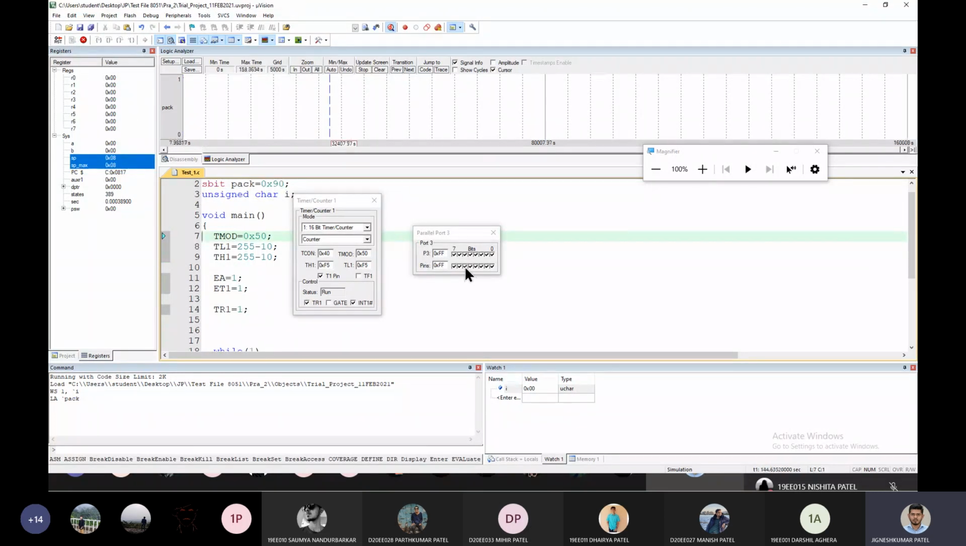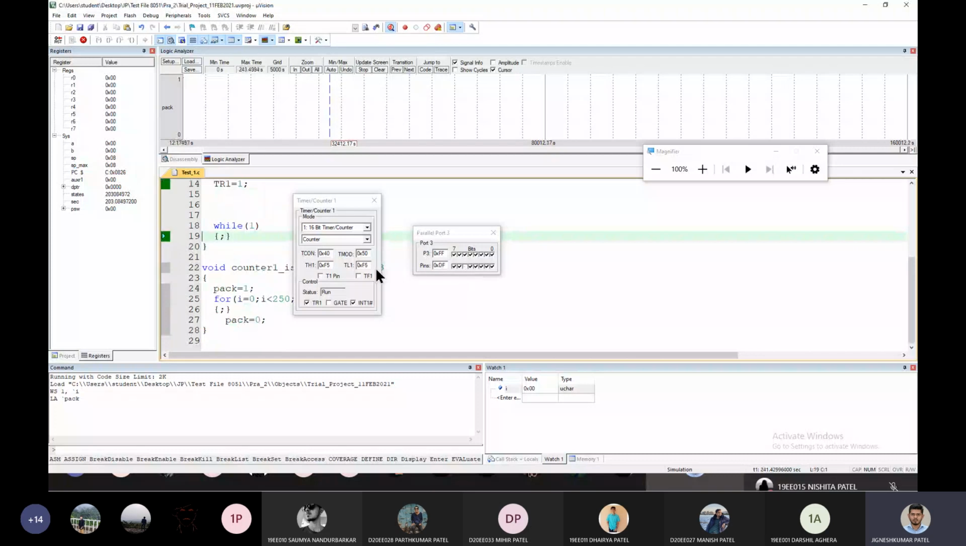Now I'm going to send a signal from this pin. So you can see here the number is incrementing. It started with F6. Okay, F7, F8, F9, F8. So as I receive the pulses, see now overflow will happen and